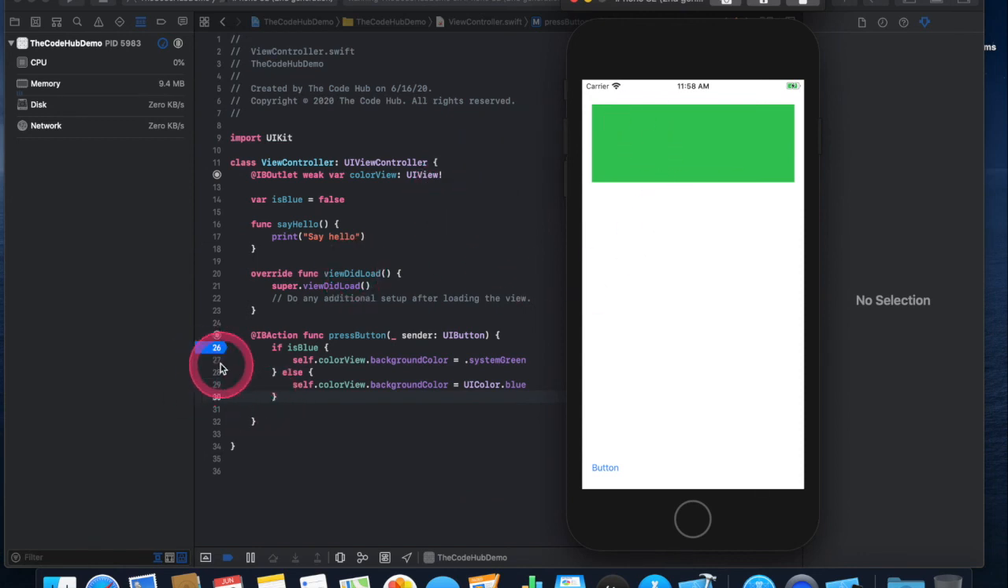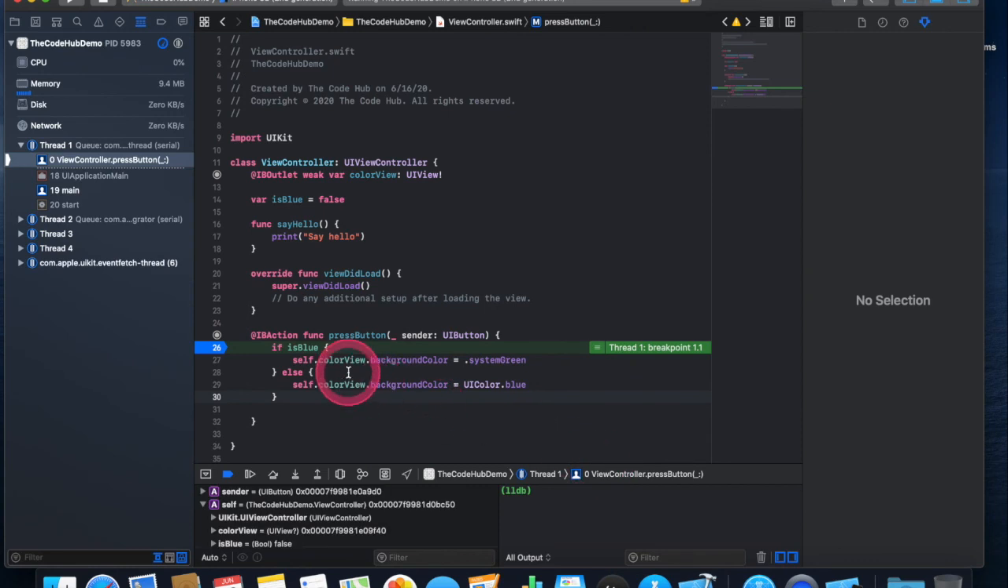I haven't hit my breakpoint yet because I didn't pause. If I press my button, it's going to come in here. I can see that I've got some additional items. I've got my isBlue property there. I can use these buttons over here to control the flow of my